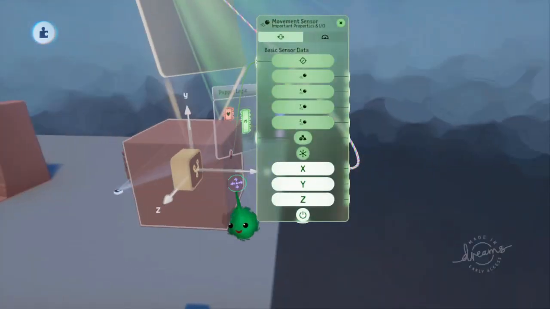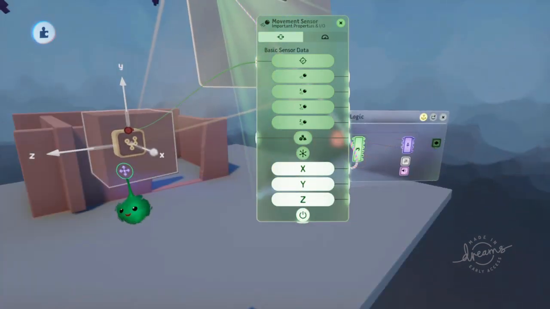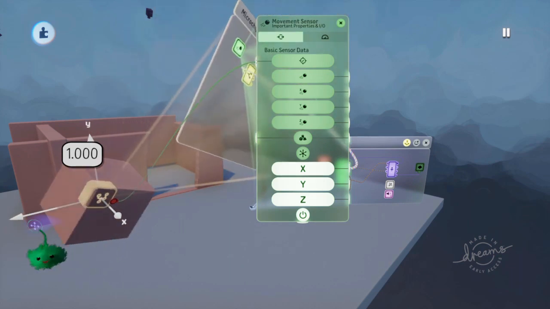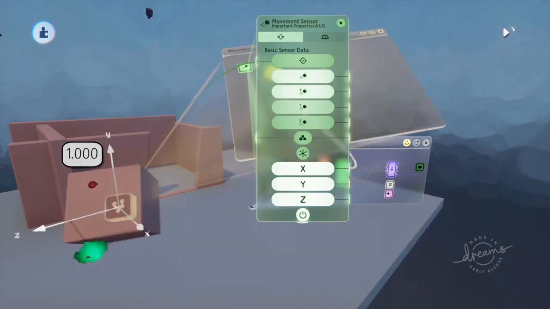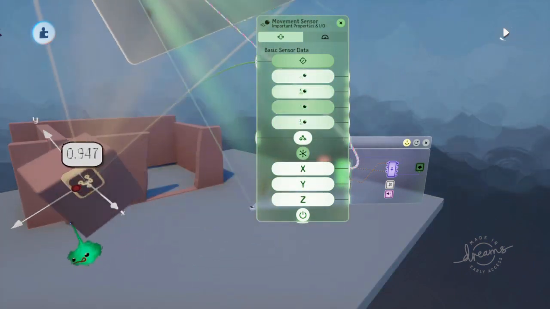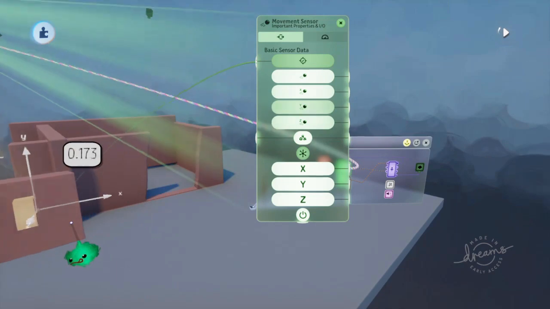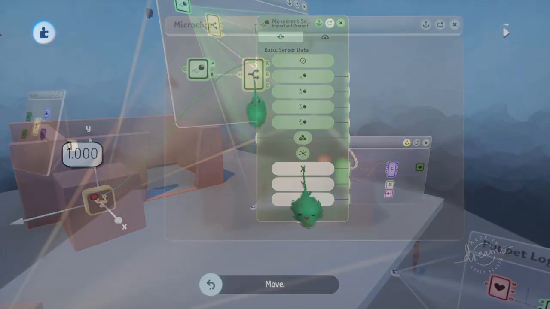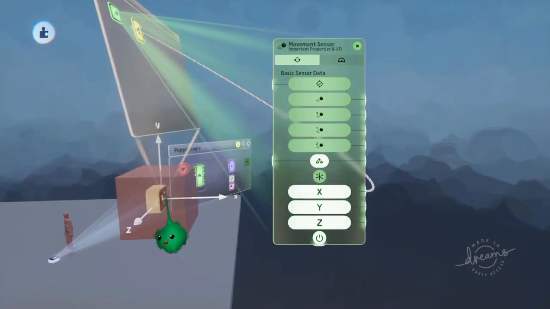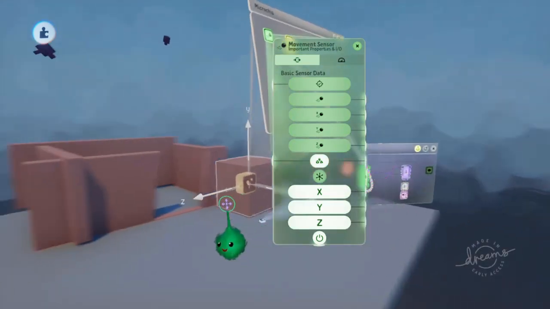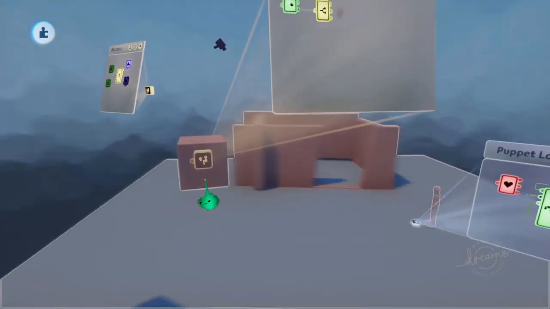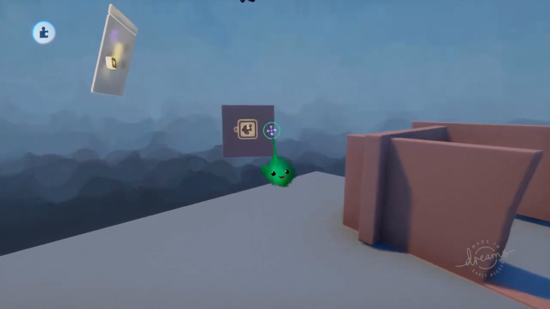So the X direction is whatever is pointing that way, but if we adjust this like that, oh, we need to make it local, that's the other thing, so that it changes as you rotate it. So now these values are changing as I rotate it. Cool, and it's got that for X and Z and Y. So X is facing forwards and Z is facing out the side. So if we just use these values now,